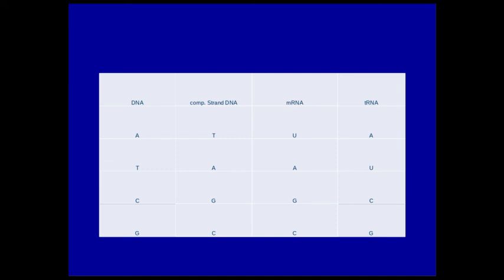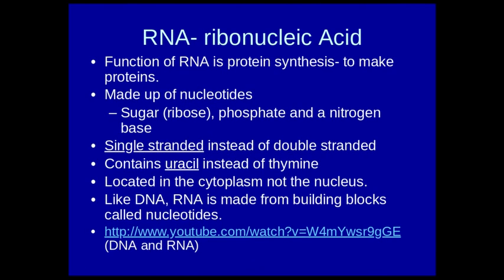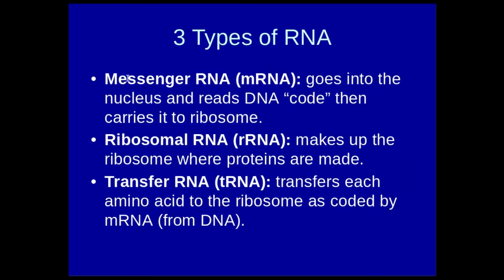But today, the big thing is just knowing the structure of RNA. Right? Big things: single-stranded, it has uracil instead of thymine, and it's located in the cytoplasm. All right, and knowing the three types. There's mRNA, rRNA, and tRNA. We will get into protein synthesis and the processes of transcription and translation a lot more tomorrow,